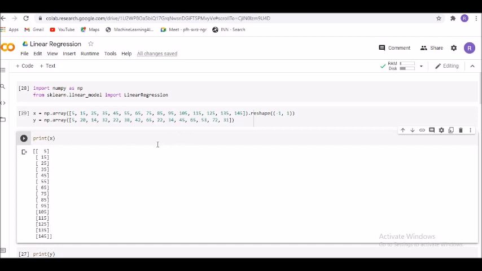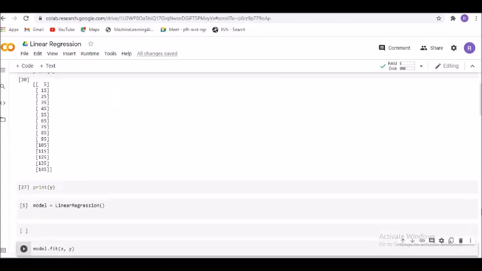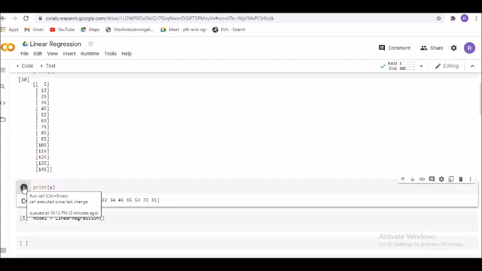Now here, the second step would be to see what kind of data is available for me. Okay, so the second step will be to define the data with which I'm going to work, and the inputs will be the regressors, that is X, and the output will be the predictor, or Y. Secondly, they are going to be arranged in the form of an array.